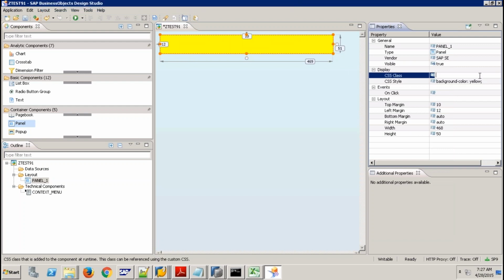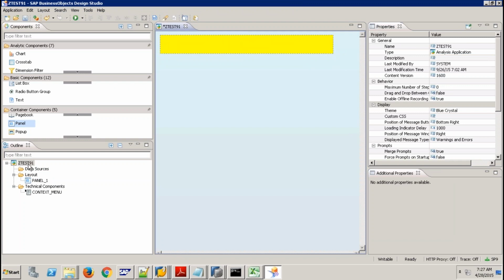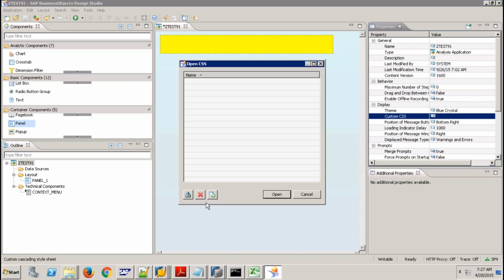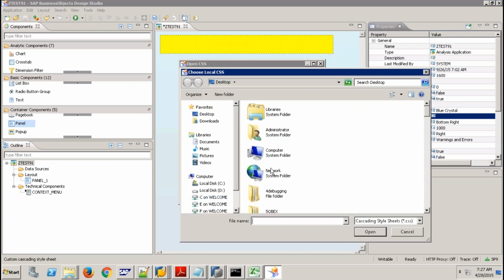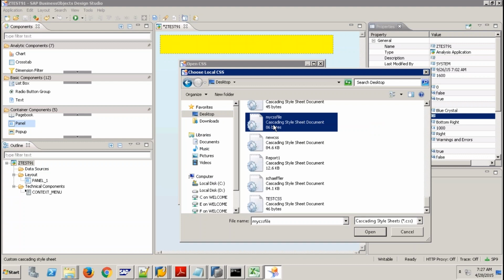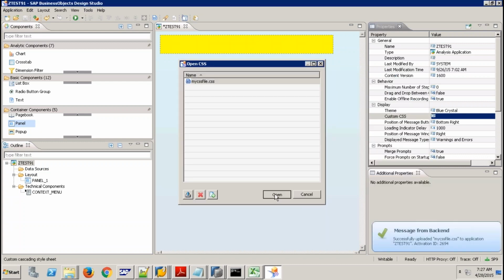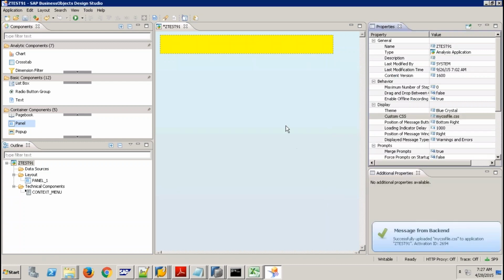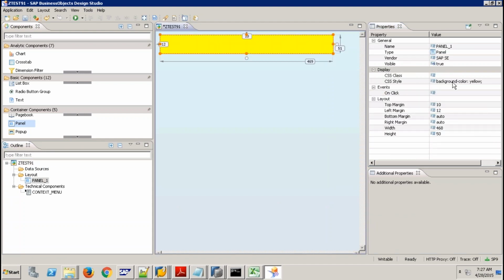Just select the CSS class for this application, select this application's properties. You have custom CSS. Now select this and upload the CSS file. You are on the desktop, my CSS file. Okay, once I upload this into my server,